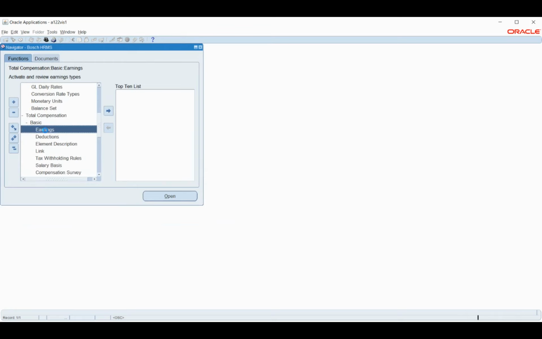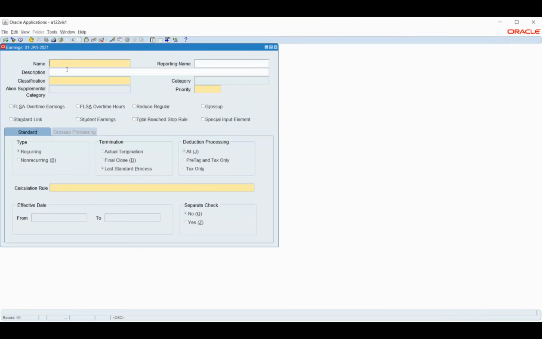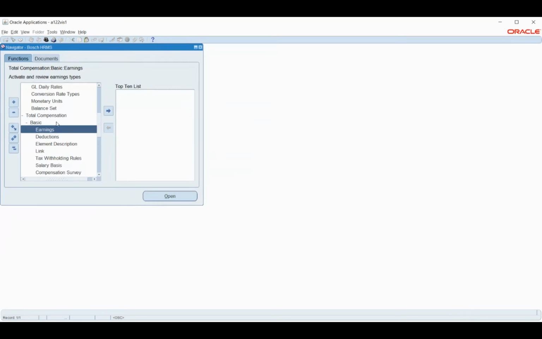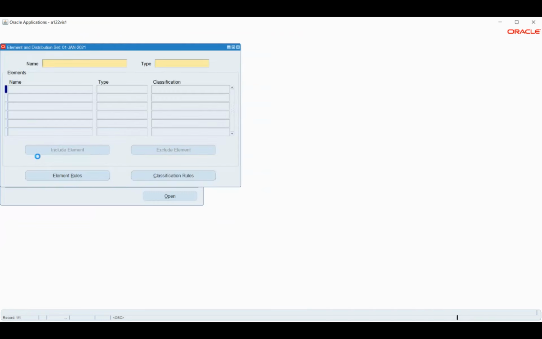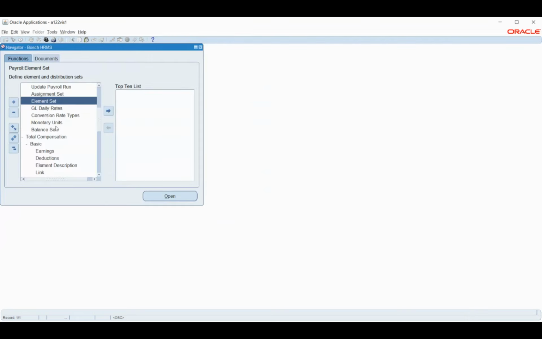So basically, this is kind of a categorization wherein we will have these details. Okay, or else I'll do one thing. I'll create the element set only. Probably when we are writing the formulas and these things, maybe that will make it clearer.